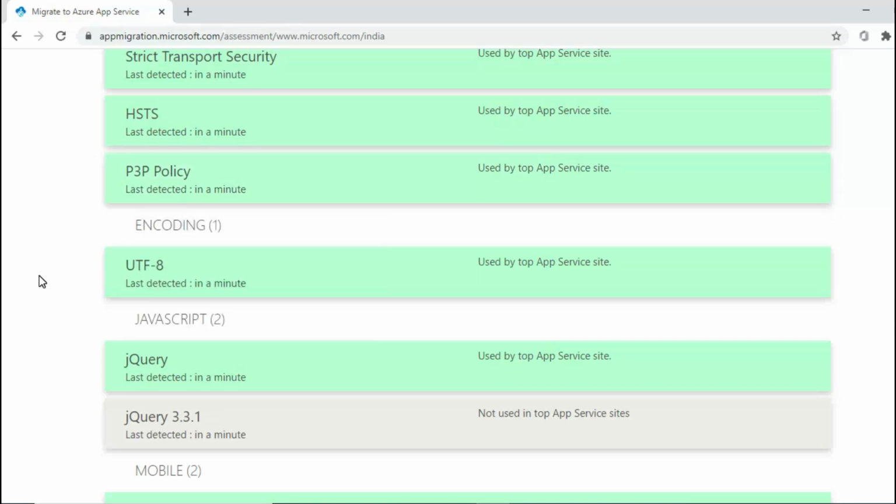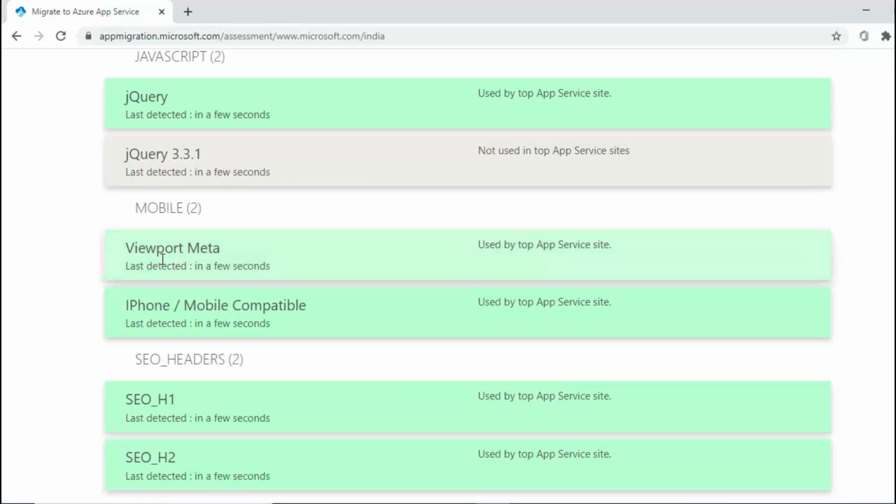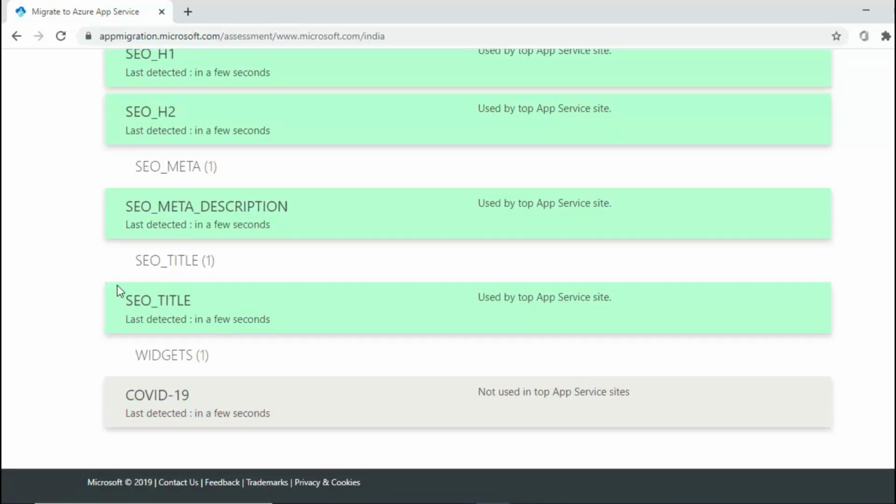So each of the components has been given a description and the last detected time, and each and every piece of detail present in that website right now. And now it's saying COVID-19, there is a widget, and this widget is not used by App Service sites. Okay, so maybe this could be some other API or some other link, maybe from WHO they might have got an API